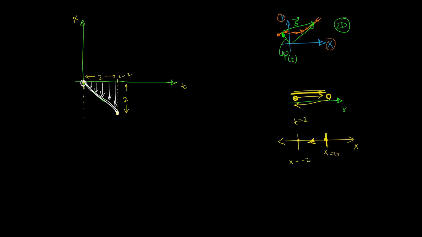After 2 seconds from starting its motion, it was at negative 2. This position is negative 2, negative 2 units in the x, and this is where the body finally landed. Now, the body could have moved back in the x direction, like so, and to show that, we could have used another line that started from its original position, which was here at that time too, and say it took